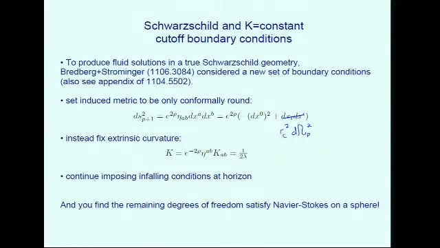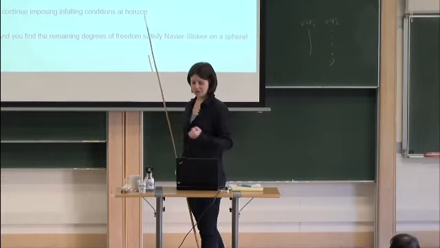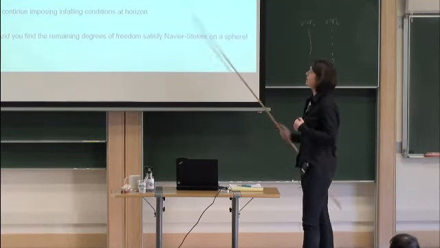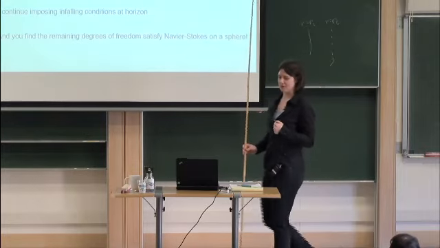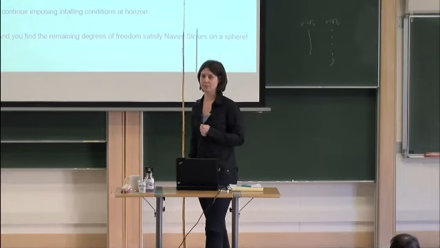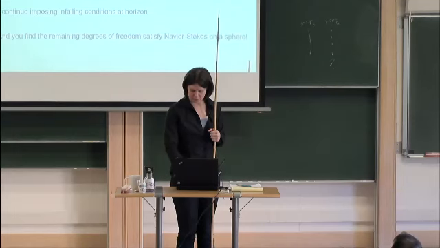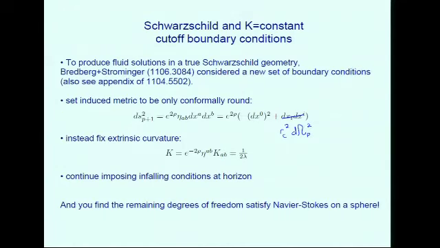And you can show that at lowest order, the remaining degrees of freedom, in other words, the non-trace parts of the extrinsic curvature and this rho, can satisfy Navier-Stokes equation on a sphere. And again, this is something that they've done in the same perturbative approach. Here they're only discussing some near horizon limit where lambda is going small. Which you can also see as a large constant curvature limit.